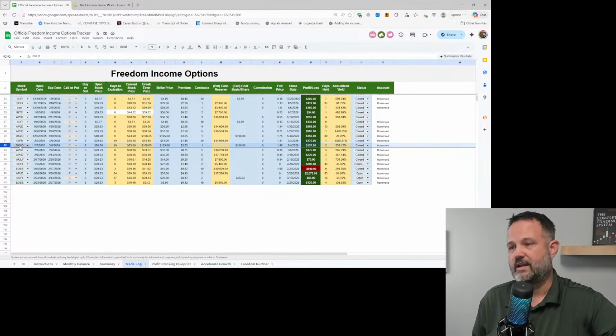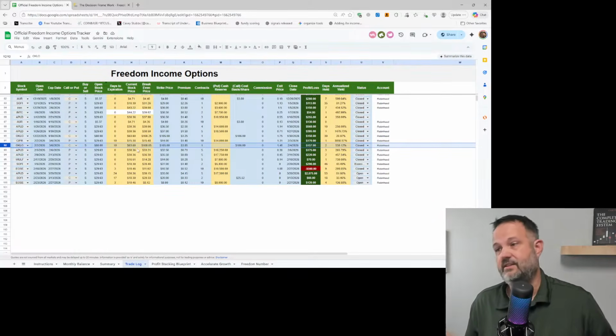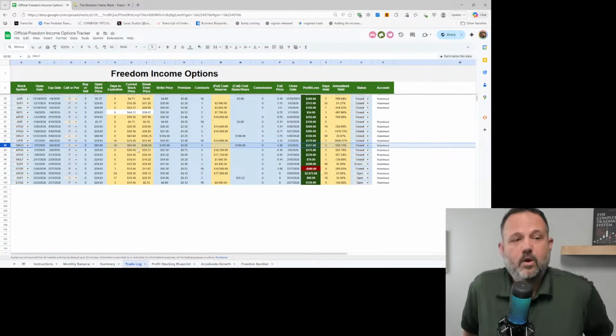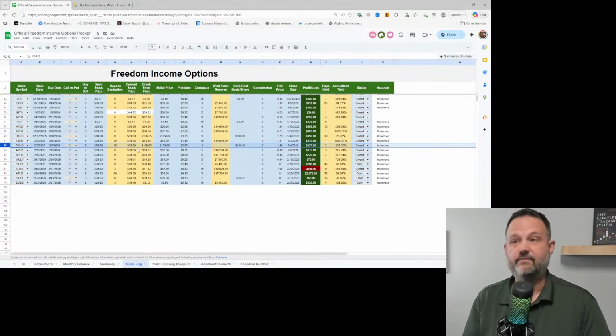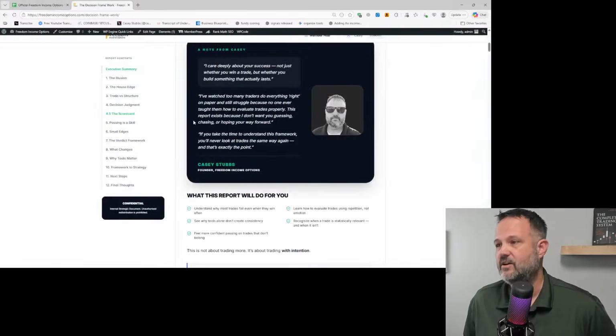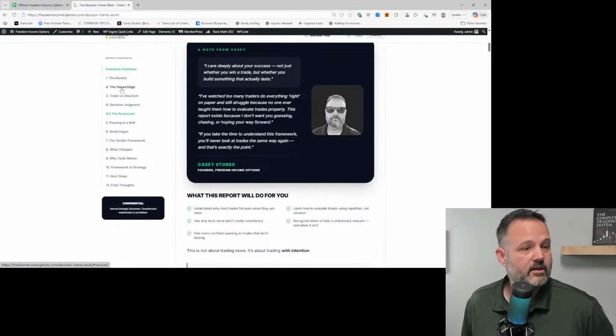So if we look at OKLO, we got in originally at 120. That was the original strike, and now it's trading at 63. So it's a good bit underwater, like 50%, right? So we need to go through our decision framework and say, well, are we going to cut the loss? Or what are we going to do here? How do we handle this trade? So that's what we're going to do today.